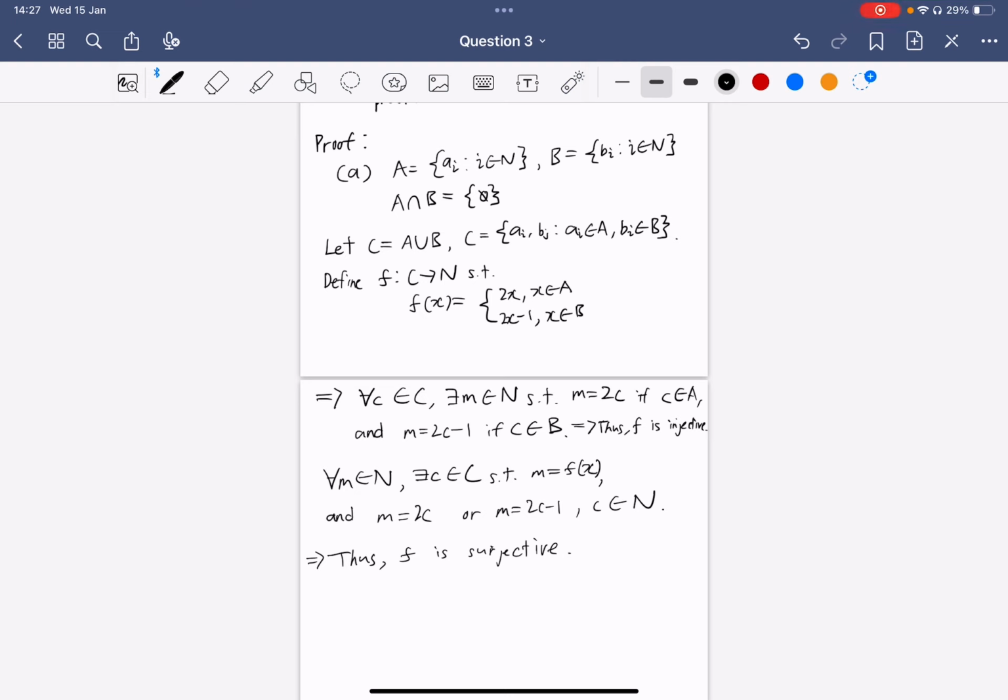Right? So for all elements M in the set of natural numbers, there would exist some value C in the set C such that